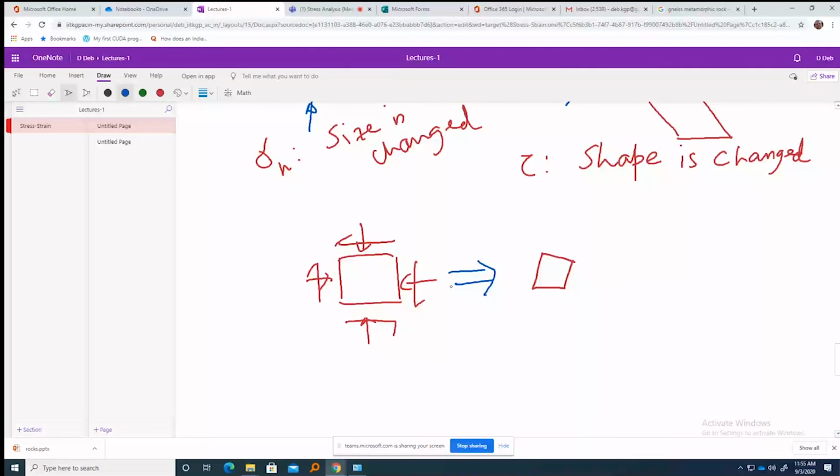So how this one is transforming to this. And if we can figure out how it is doing this, we understood solid mechanics or rock mechanics for that matter: how the stress is changing the size as well as shape of a particular element or the entire body or